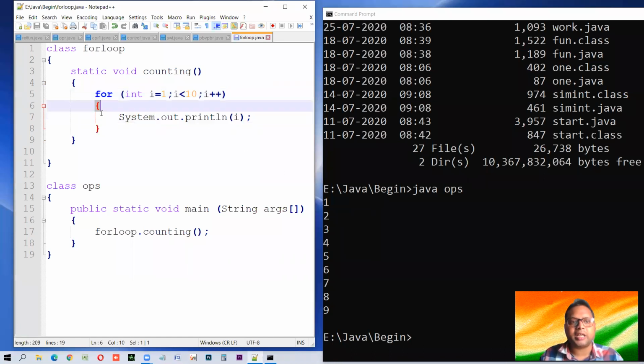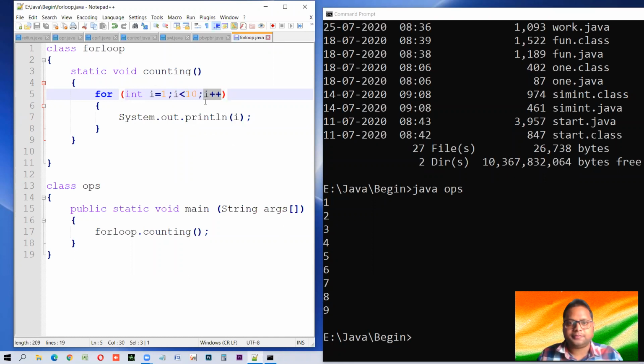And meanwhile this task is again going on. Looping means repeating. It's going on, and meanwhile that is increased to 3. And this loop is going on and on and on. And once the value of I was 9, it printed 9, and meanwhile the value of I increased and it became 10 in the last.